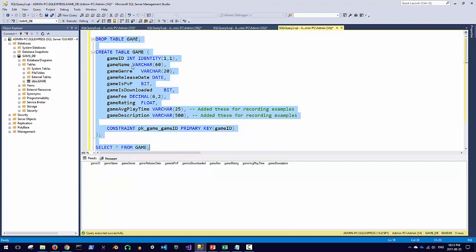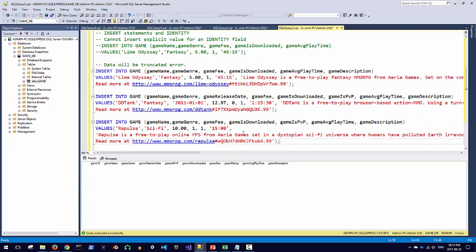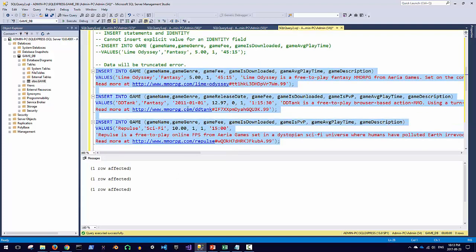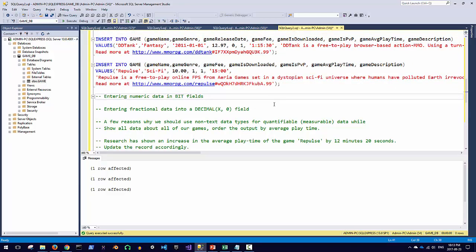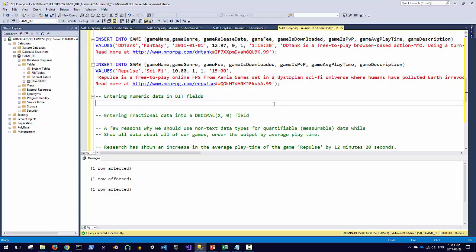So I'm going to just drop, create, and select, so you can see there's nothing left in there again, and I'll run those inserts again, and my truncation is taken care of. Now let's talk about entering numeric data into bit fields. So that's where we would say insert into game, and let's put in game name, and just the game is downloaded